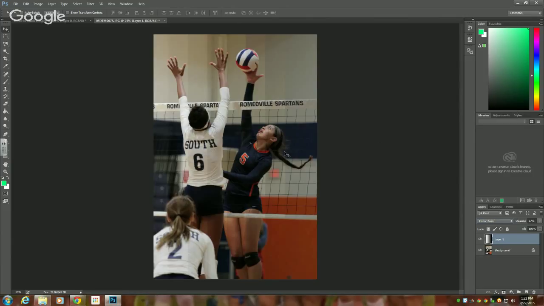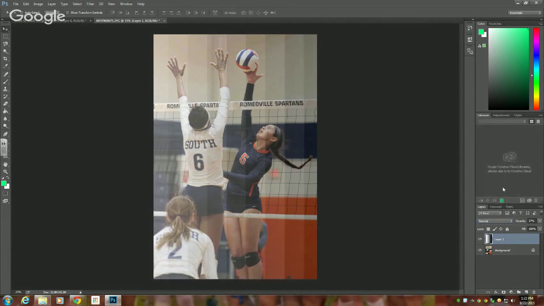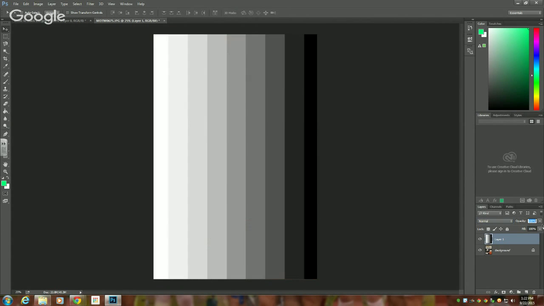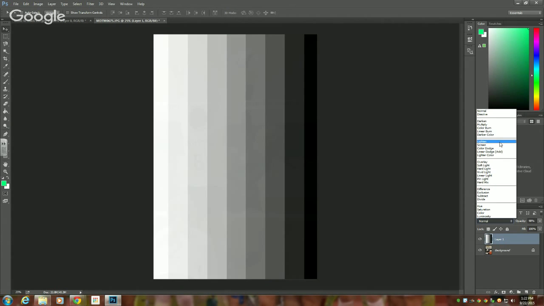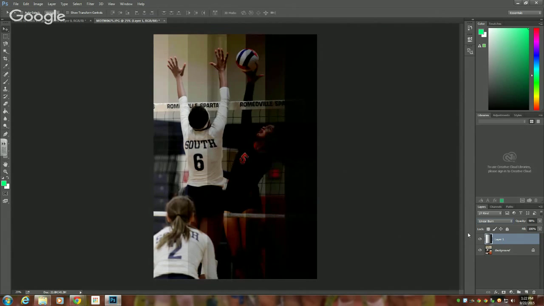So if I go to burn, take a look at the difference here between her jersey. And if I went up to normal, whoops, sorry, let me turn my opacity back up here. Let me go to, what was I on? I'm sorry. Burn. There you go, linear burn. Again, it's going to take the darks and really darken them a lot more. All right, then underneath that,